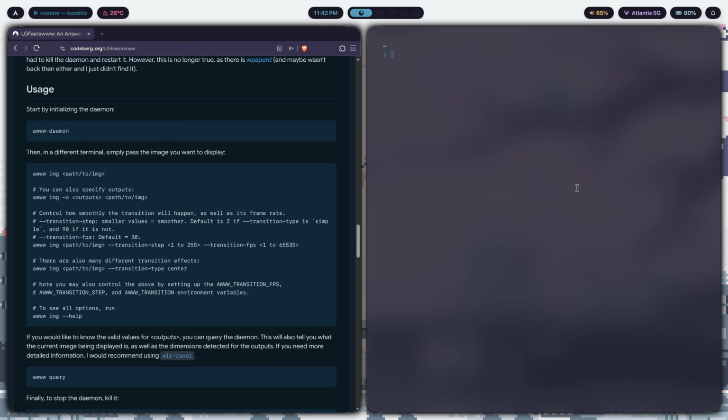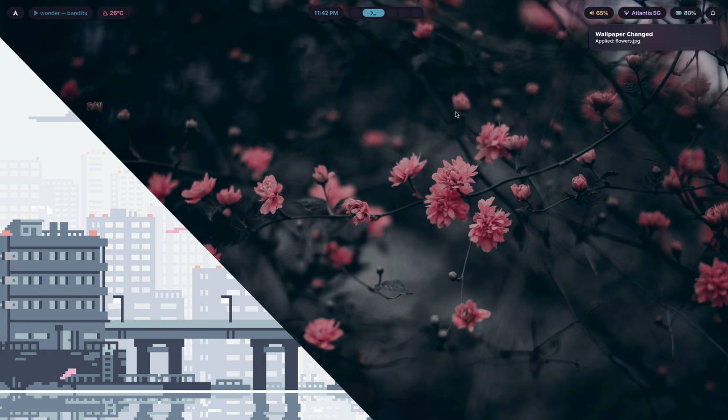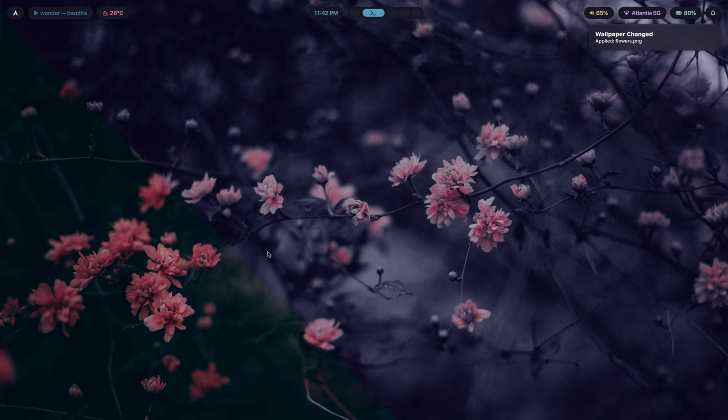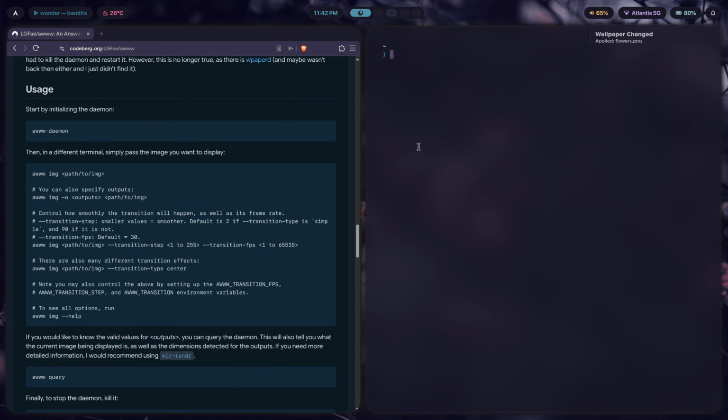Okay, let's change the wallpaper to something else for now. We'll just use this flowers one. Actually, we can pick a better one that's been recolored using LutGen. There you go. It's been applied. The theme, the rose pine tint to it. Great. Now, you have to, first of all, start the daemon by typing in awww